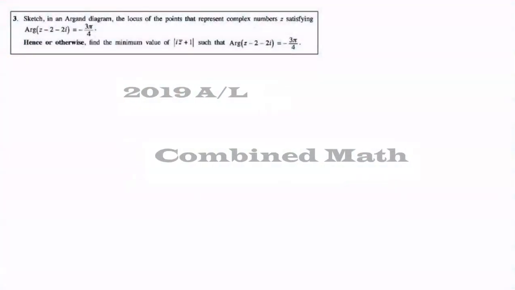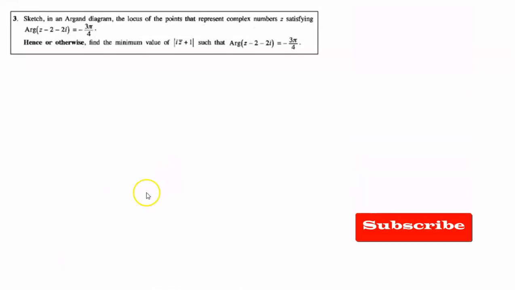We are looking at the third problem from the 2019 Combined Mathematics A/L past paper. This is the one with the complex numbers. So let's get started by reading the question. This one says, sketch in an Argand diagram the locus of the points that represent the complex numbers z satisfying